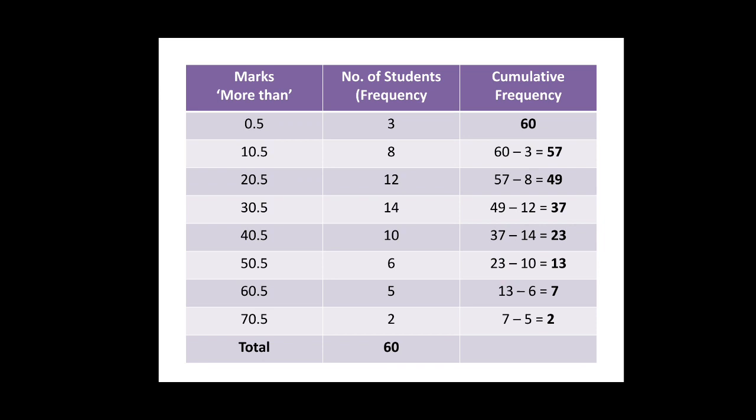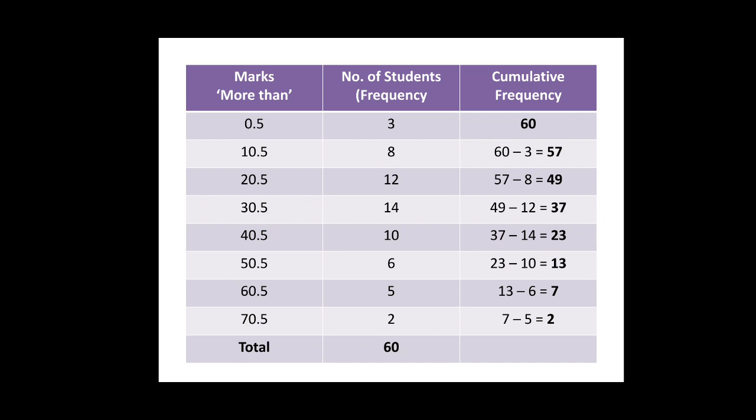Here in this table, the cumulative frequencies are given in the third column. Here we see the cumulative frequency of the first class is equal to the total frequency, which is 60. Now subtract the frequency of the first class, which is 3, from the total frequency, which is 60,